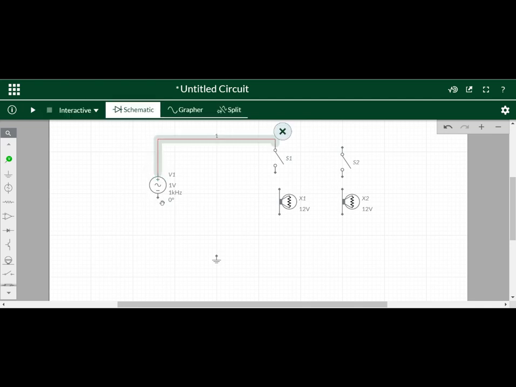Here the loads are connected in parallel. We know already that for domestic loads, all the loads are connected in parallel only. I have to keep the pointer there to get the connector symbol, otherwise it's not possible for me to connect it.